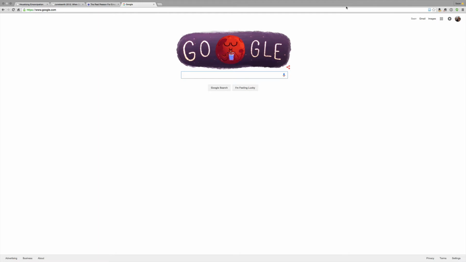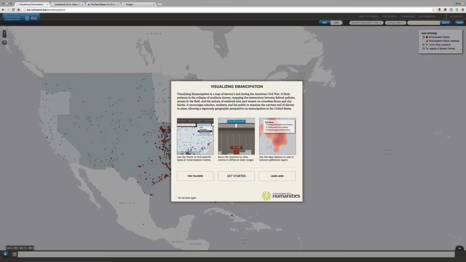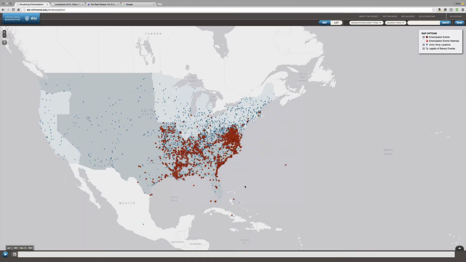Clearly, and we've seen this in our own exploration of the web, there are really wonderful examples of digital history out there that are both reliable and useful. But finding these good sites is like trying to find a needle in a haystack. For every site like this one here, Visualizing Emancipation, which I'll show you later and which shows the history of emancipation across the South in the United States in a really visual and compelling way,